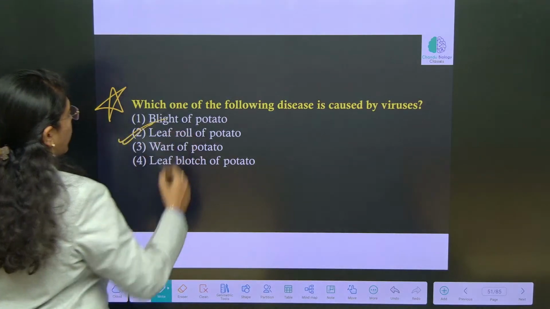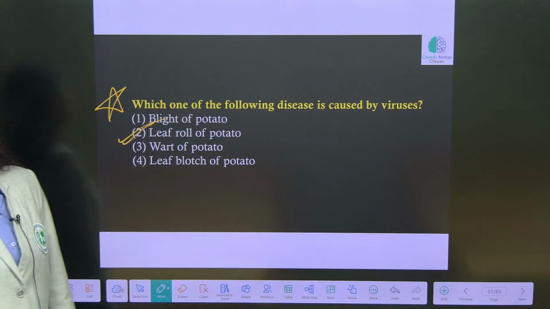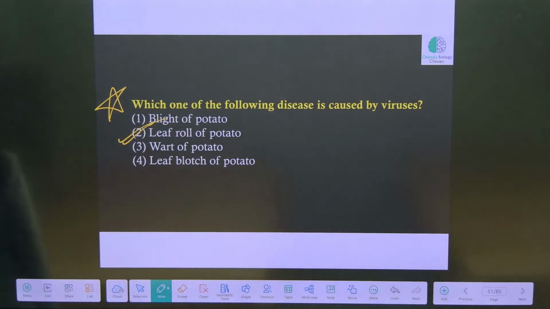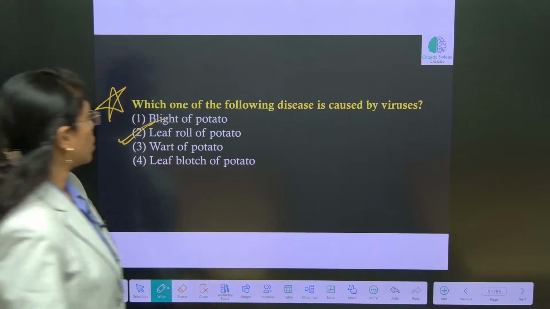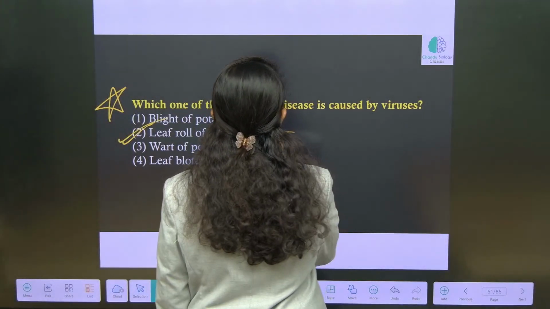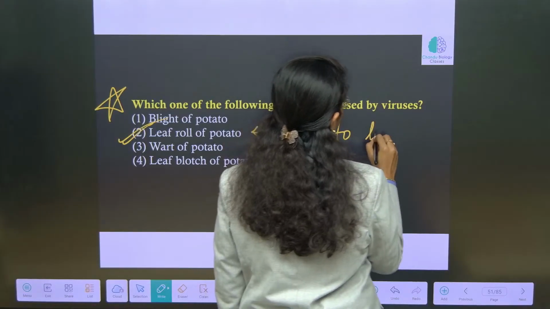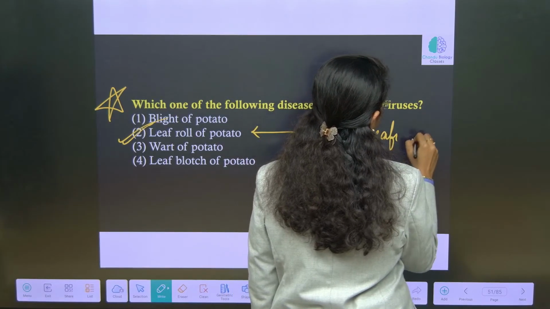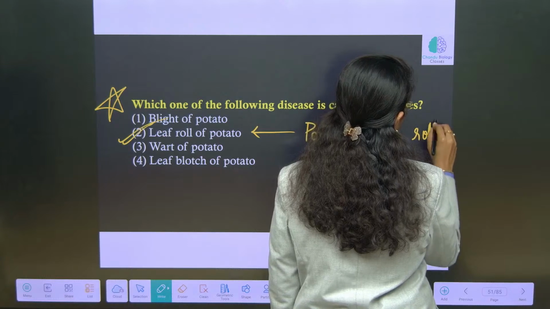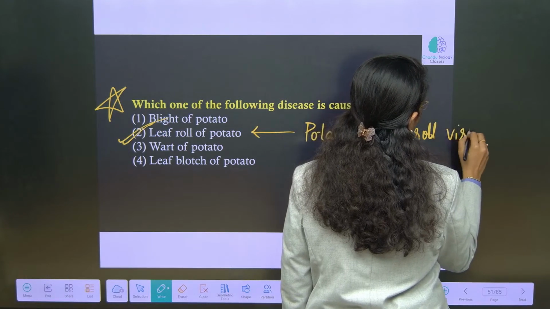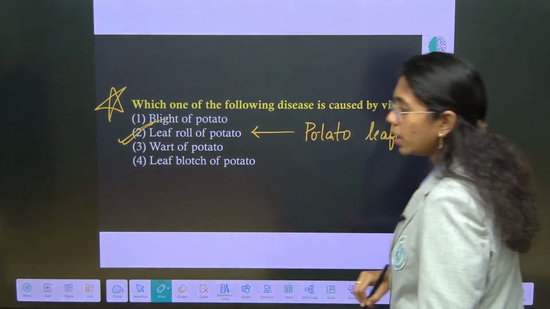Leaf roll of potato is the disease which is caused by a virus, the potato leaf roll virus. Okay, this is the disease which is caused by potato leaf roll virus. Clear? Now,